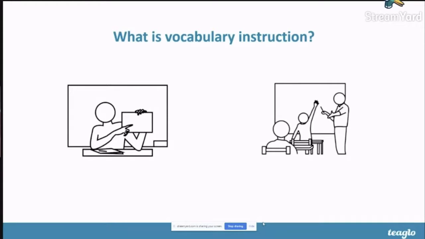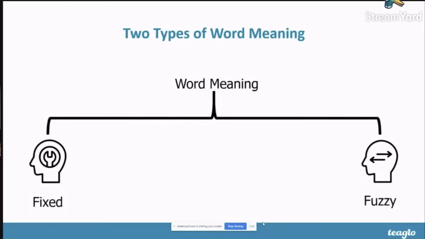So if we want it to be more effective, it should look like this. It should be an active process where pupils are participating and going beyond simple definitions. We should be constructing meaning together and viewing it as an active process. So there's an ongoing dialogue between teacher and pupil, and we need to negotiate meaning with them, not just convey it to them so they passively accept it.